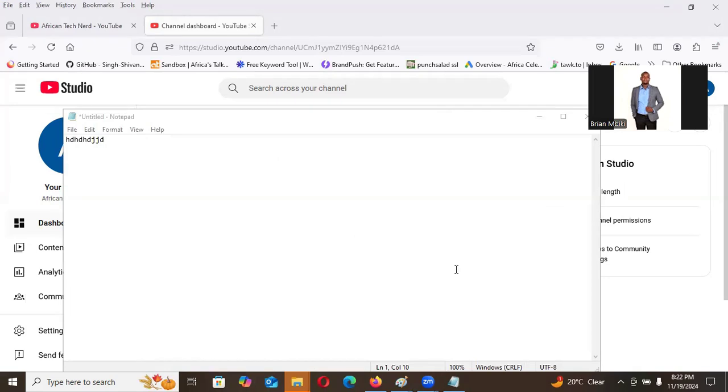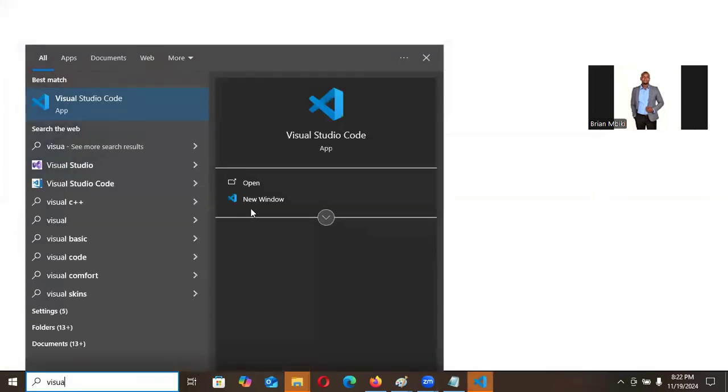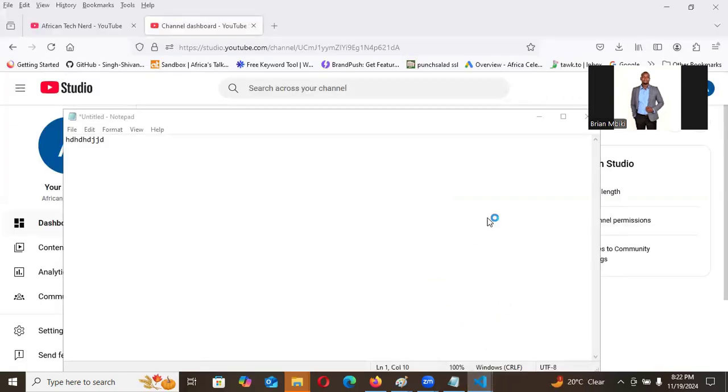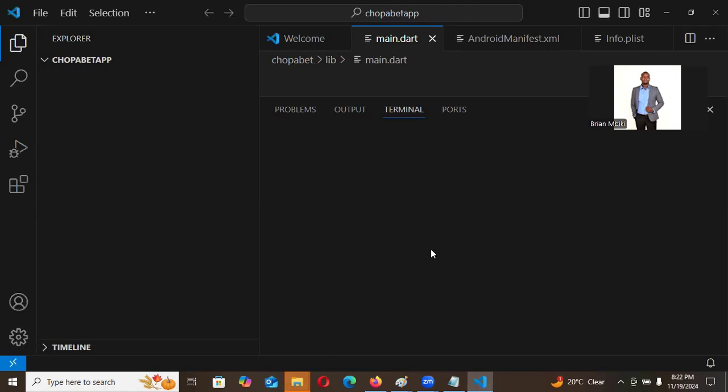So assuming you've already installed Visual Code, just open it and start writing your code. So this is my text editor. So the first thing is to